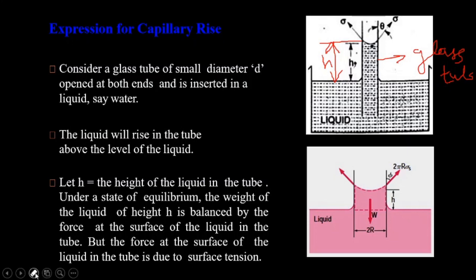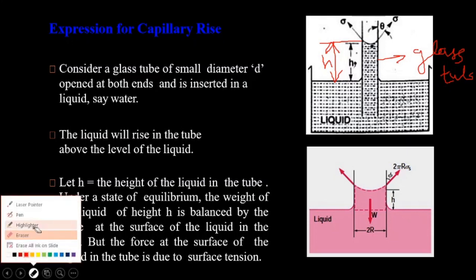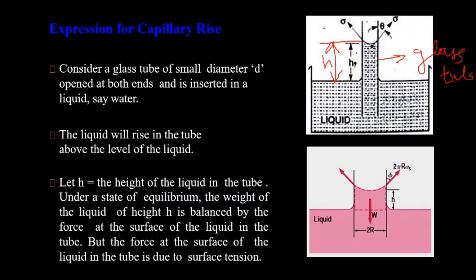So the attraction between water and water, what do we call it? We call it cohesion. The attraction between water and the wall of the tube, what do we call it? We call it adhesion. When the adhesion becomes more than the cohesion, when the force of adhesion is more than the cohesion of the liquid surface, see here, when the cohesion between the liquid surface is less than the adhesion force of liquid and tube,